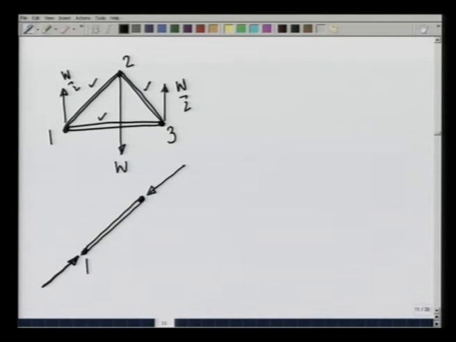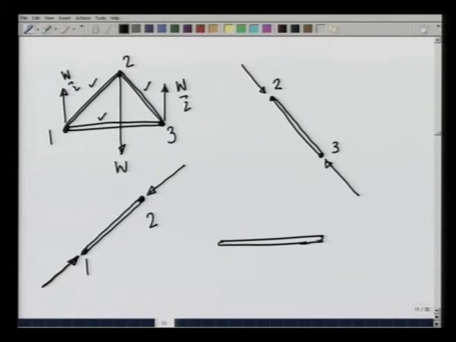Similarly, on rod 2 and 3, there are two forces acting due to pin at 2 and pin at 3. Again, the forces have to be collinear. So, the forces have to act in this manner, 2 and 3. And on the rod 1 and 3,